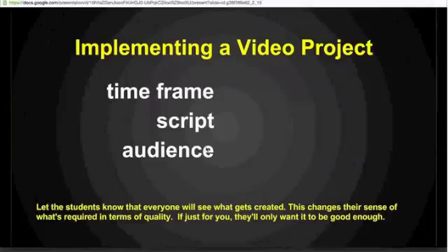I'm okay with them giving me something that perhaps isn't perfect in terms of videographical skills, if that's even a word, but just something that allows me to go, okay, I see what you're doing with these ideas, and I see the creativity that's part of it, and it's clear, and that's what we're shooting for with this.